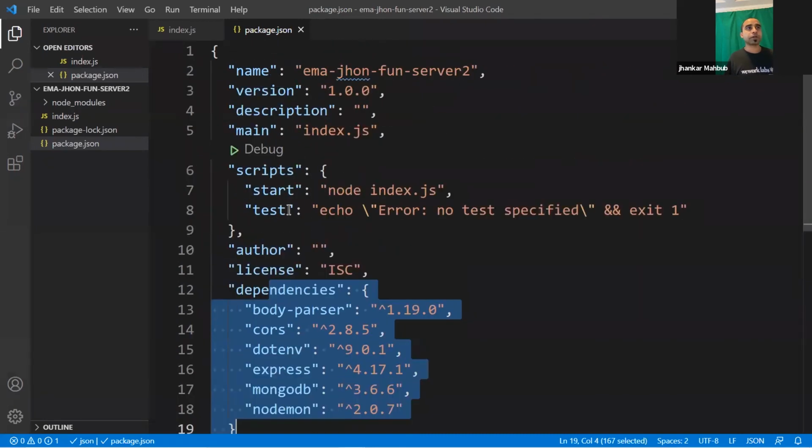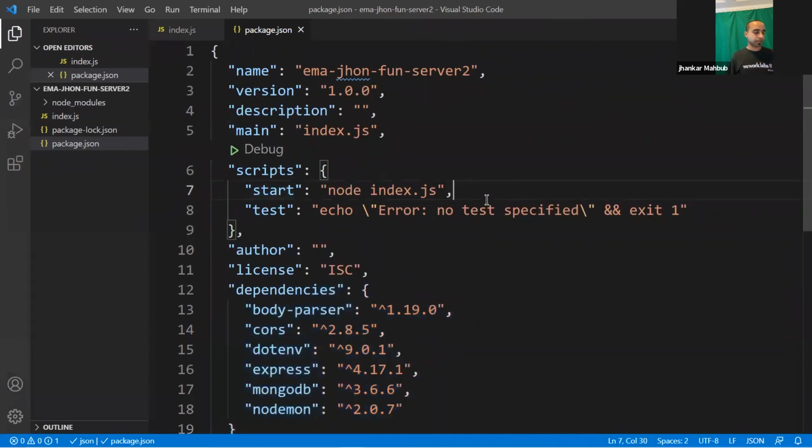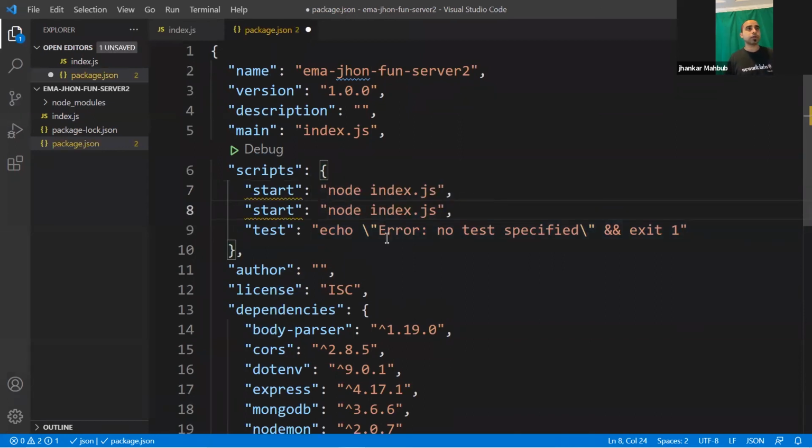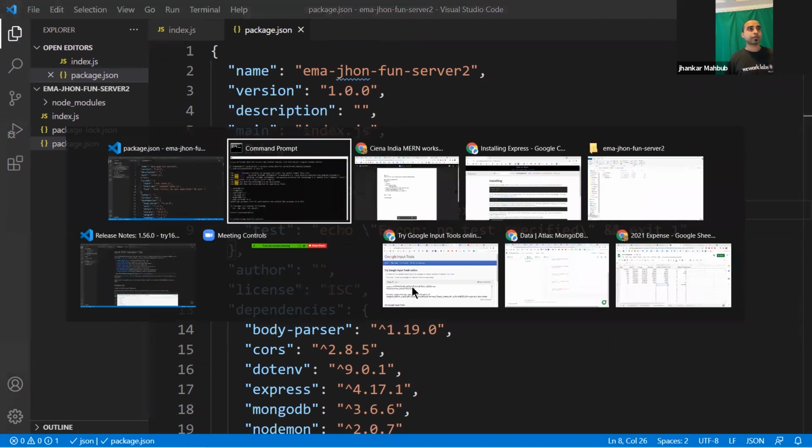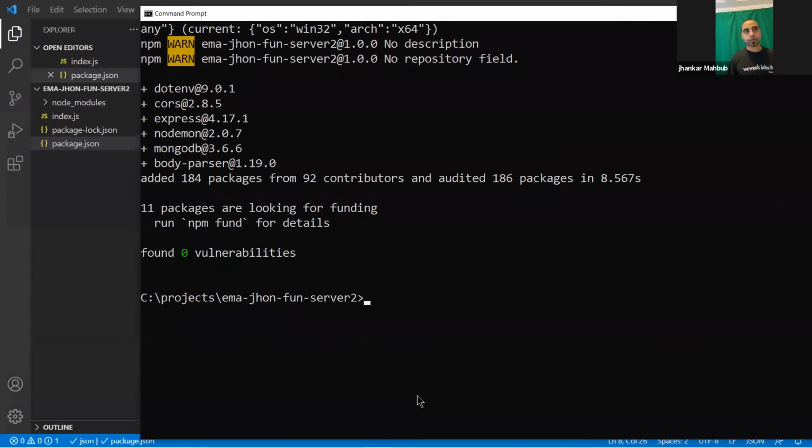And for nodemon, we will just create another script, or you don't have to. If you don't want to, you can just type nodemon index.js. But I will just copy this line. While my cursor is here, I will press Alt Shift and down arrow on the keyboard. This would be the exact same script, but I will make it dev, and this would be nodemon. So for example, if I run this command, go up and instead of node, we use nodemon, something like this.